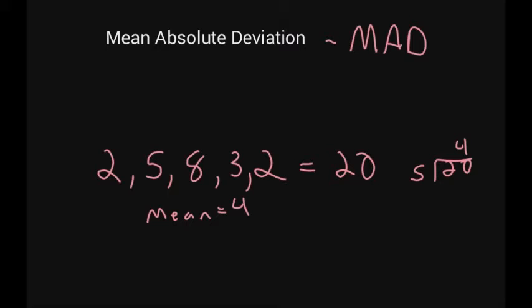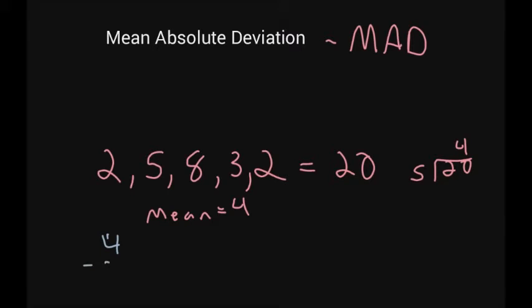Alright, so we got our mean of 4. Now to find the mean absolute deviation, we're going to take that 4 and subtract it from all those numbers. So when you're doing this, your answer needs to come out positive. So if you're doing 2 minus 4 or 4 minus 2, whichever way you do it, you need to make sure your answer comes out positive. And we'll get more into that when we talk about absolute value. But just make sure all your answers for the subtraction are positive. So I'm going to do